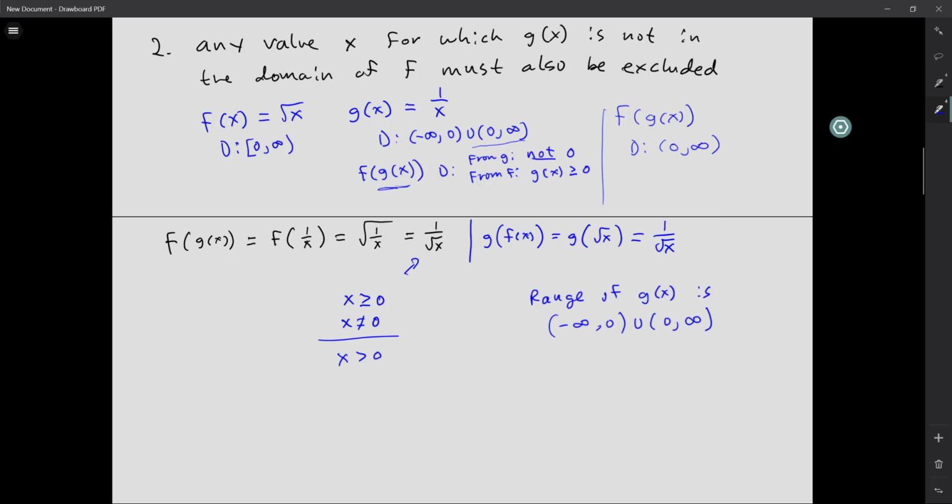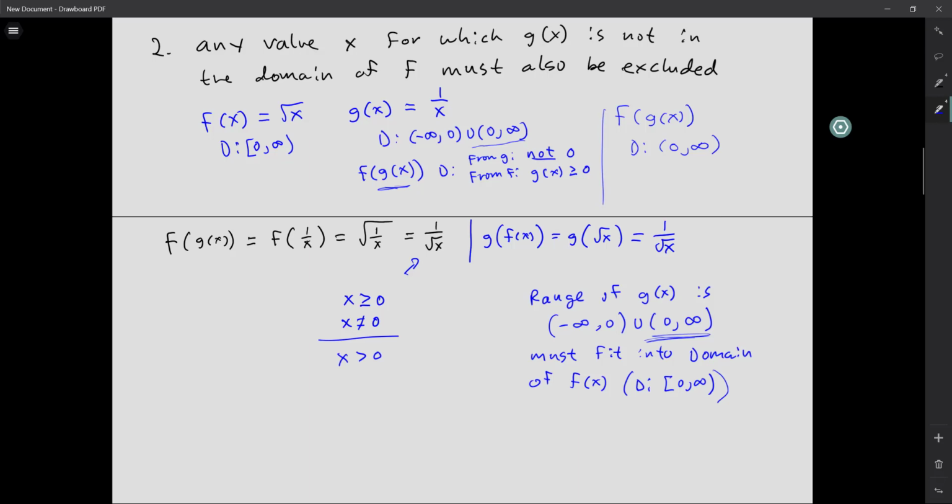And it must fit inside the domain of f of x, which is 0 to infinity. So I'm looking at an intersection of the range of one function and the domain of another: range of the inside function, domain of the outside function, and this intersection is only going to leave me with this part here. But I don't want to oversimplify the case I'm making here,